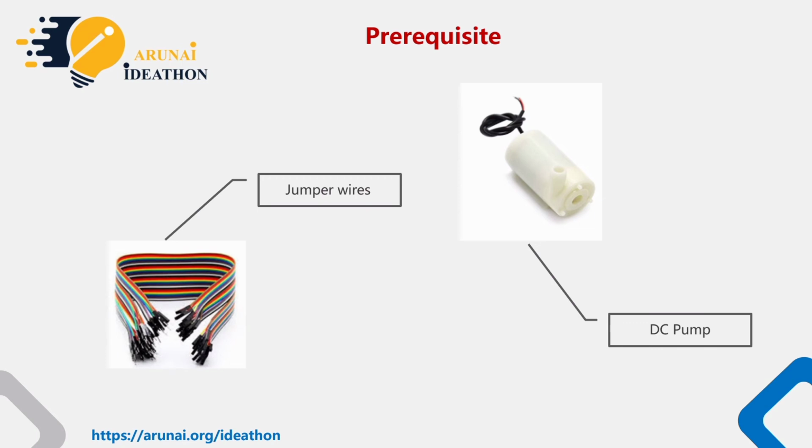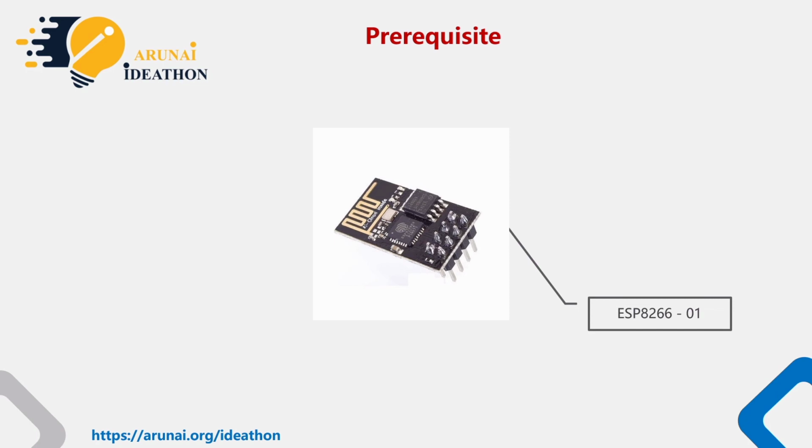Jump wires. Jump wires are simply wires that have a connector pin at each end, allowing them to be used to connect two points to each other without soldering. And we have the ESP8266 Wi-Fi module. It is very easy to use with an Arduino board since it's a serial Wi-Fi module. It can communicate with an Arduino board over serial communication, and it has a built-in microcontroller, which means that you can use it as a standalone microcontroller and Wi-Fi module in one, which is super cool.